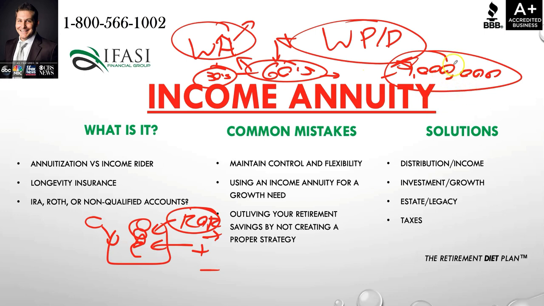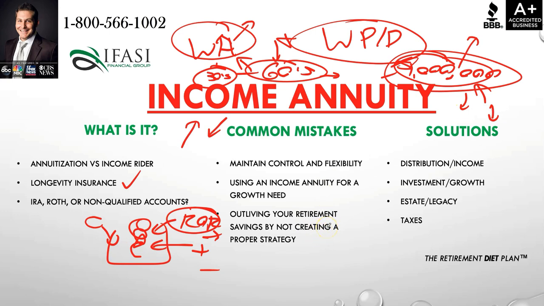So rather than just leaving these monies to chance, invested in the market towards a growth strategy, let's scale down and say, if there's a specific income need, leverage an income-related strategy, which you can satisfy through an income annuity. Use the smallest amount of dollars, only as much as necessary from this $1 million, to set up that income play. You're leveraging an insurance company, this type of longevity insurance, to produce that lifetime income stream, so that now all of your excess monies can be set up for the proper growth-related strategy.